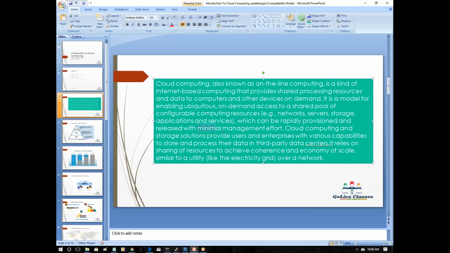And also we have one more component, which is minimal management effort. What exactly is this minimal management effort? It's like when we compare only hardware. What used to happen when we needed to buy a server for our data center? If you are planning a small server room or data center for an organization, whatever it is,